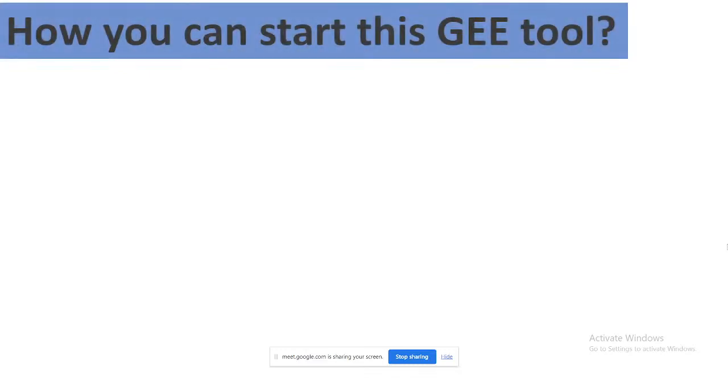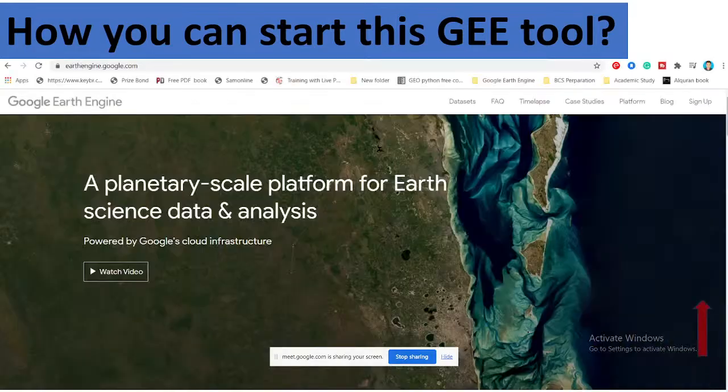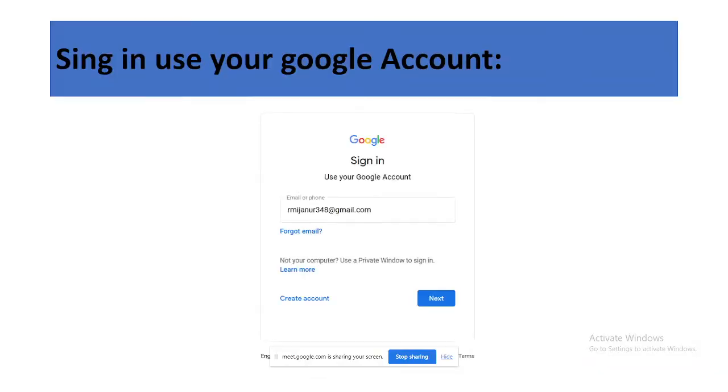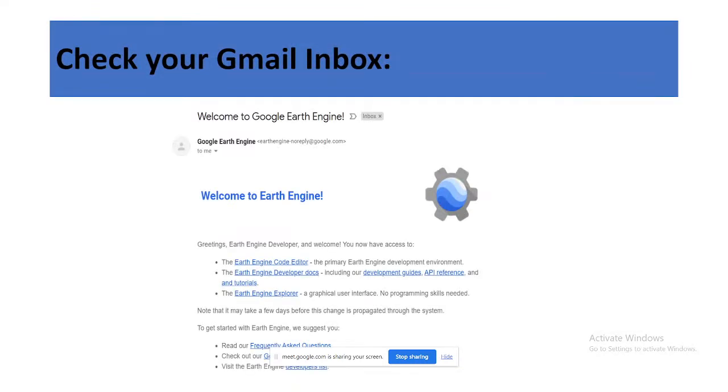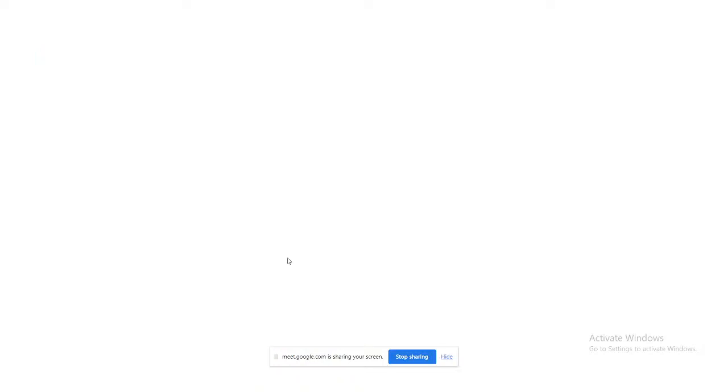So how can you start this tool? You already completed the registration part, so this time I simply skip it. When you complete the registration, you can check your email. You will get an email that looks like this, from the Earth Engine authority. Now you have to access the Earth Engine Code Editor. Just simply click on the Earth Engine Code Editor, and it provides a link like this,